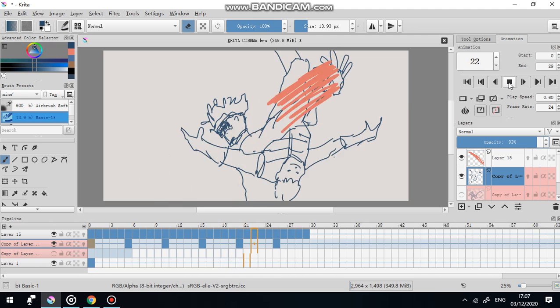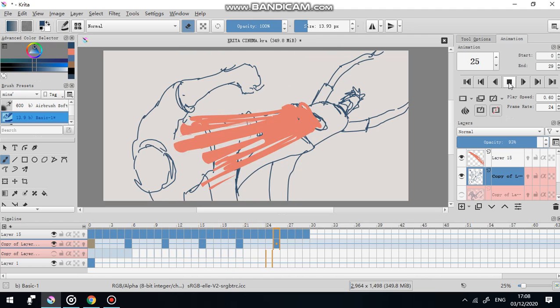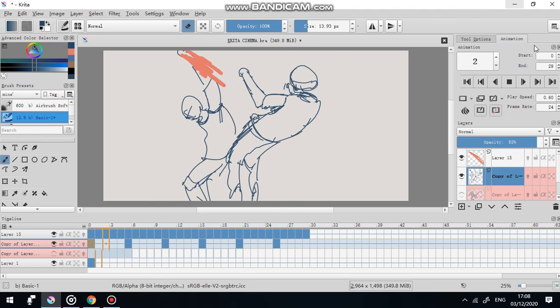But yeah, I'm working on it. I'm working on things. If you check out my other animation tests I've been doing too, you'll see I'm doing more with the frames and stuff. And you can really work with the